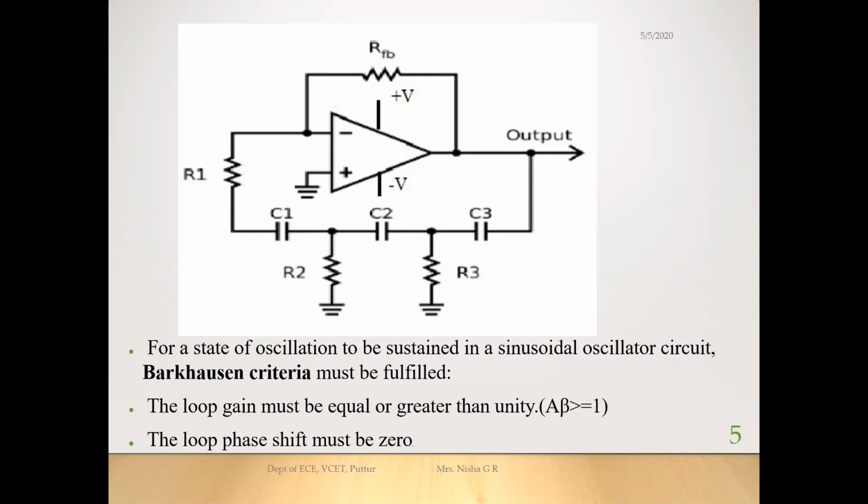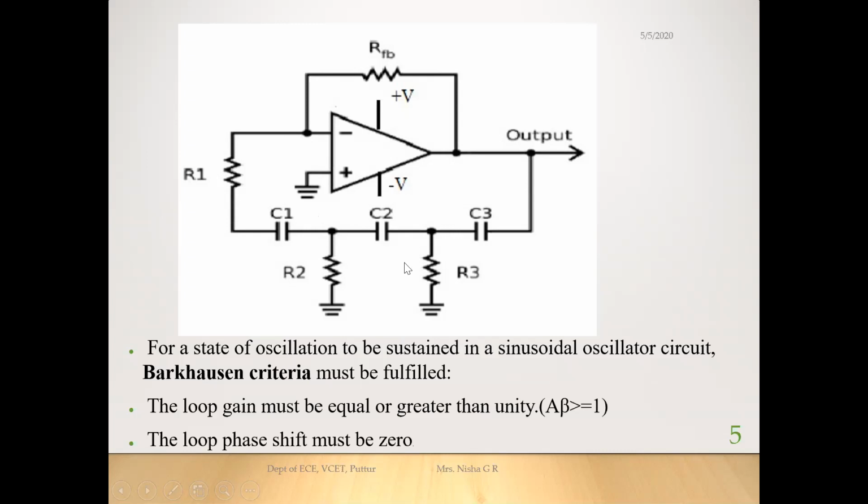Okay, so here we are using an inverting amplifier. Inverting amplifier means already 180-degree phase shift will be there. If there is a 180-degree phase shift, it doesn't satisfy the Barkhausen criteria. So how to obtain 0-degree or 360-degree? Either this feedback network should produce 180-degree phase shift or minus 180-degree phase shift. See, already this is producing minus 180-degree phase shift. So I have to make this feedback network produce the plus 180-degree phase shift.